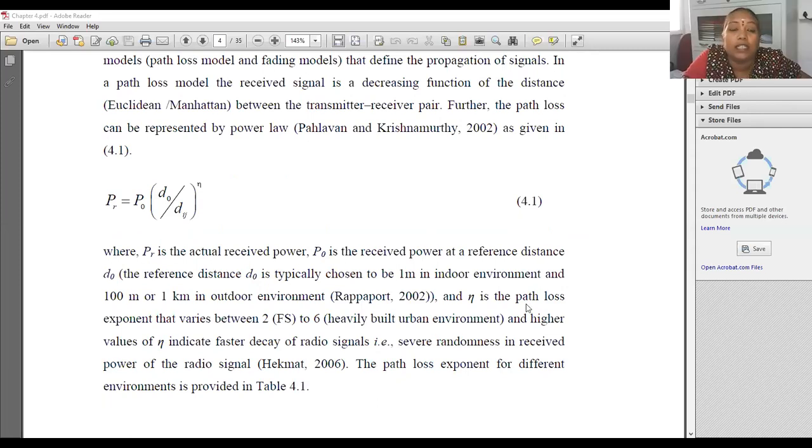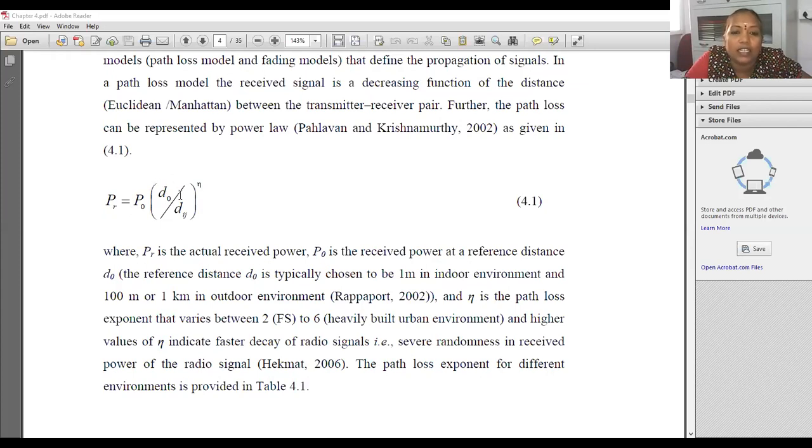So here we see that PR is equal to P naught D naught by Dij to the power of eta. Eta represents the path loss component. PR is the received power. P naught is the reference received power at a threshold distance D naught.